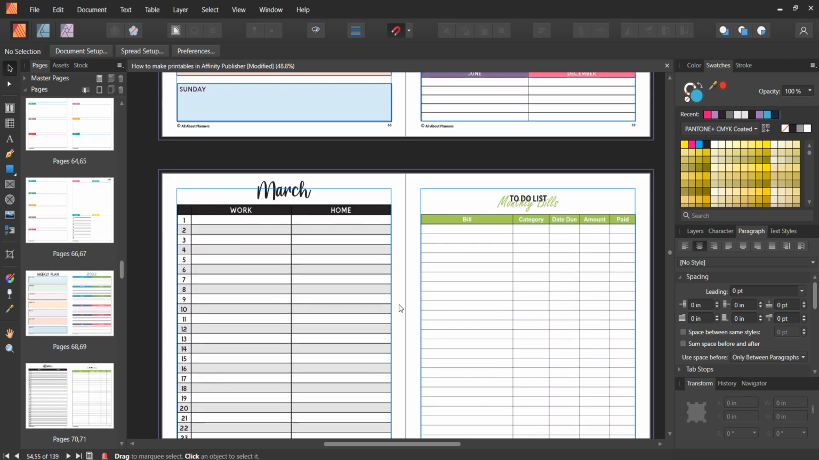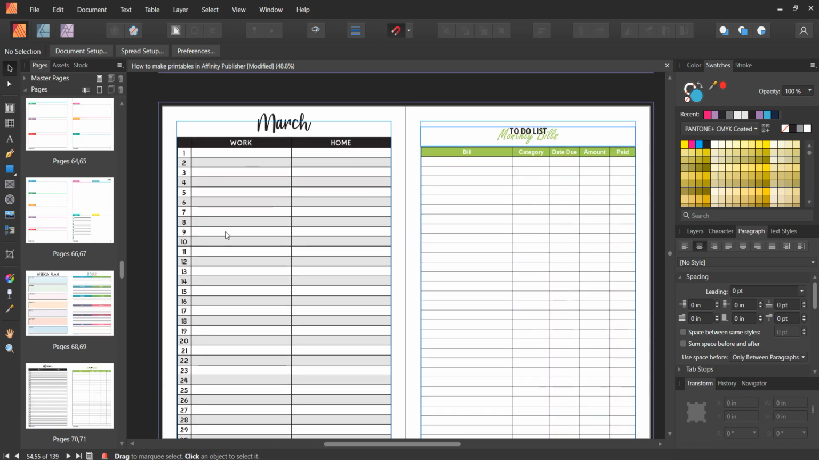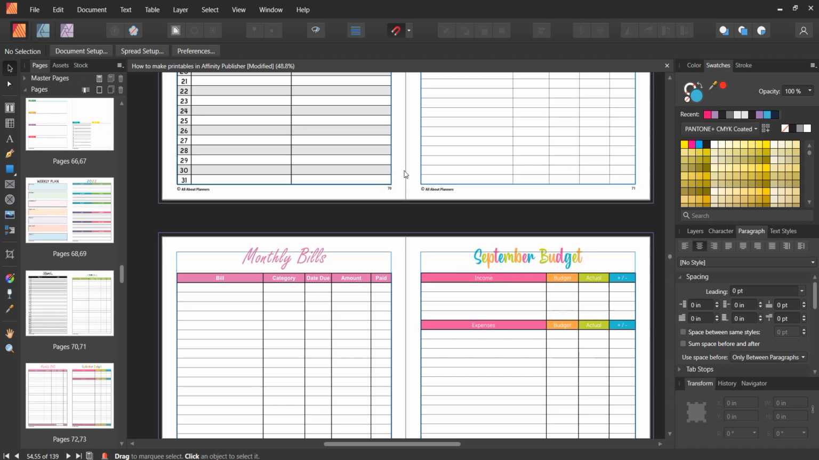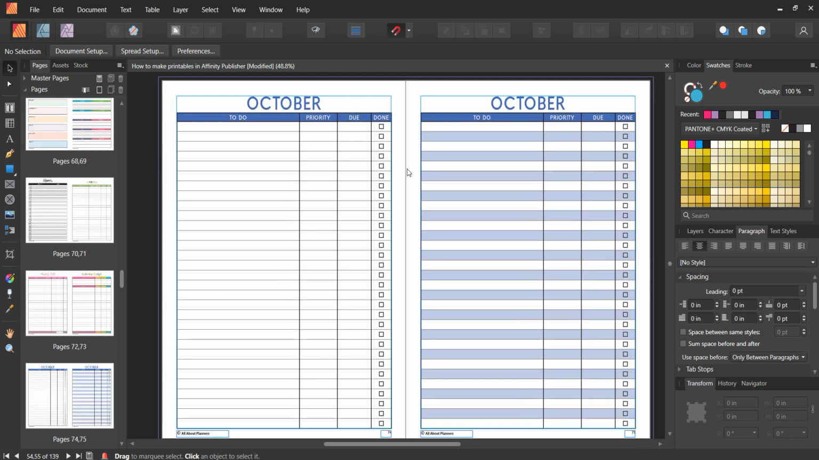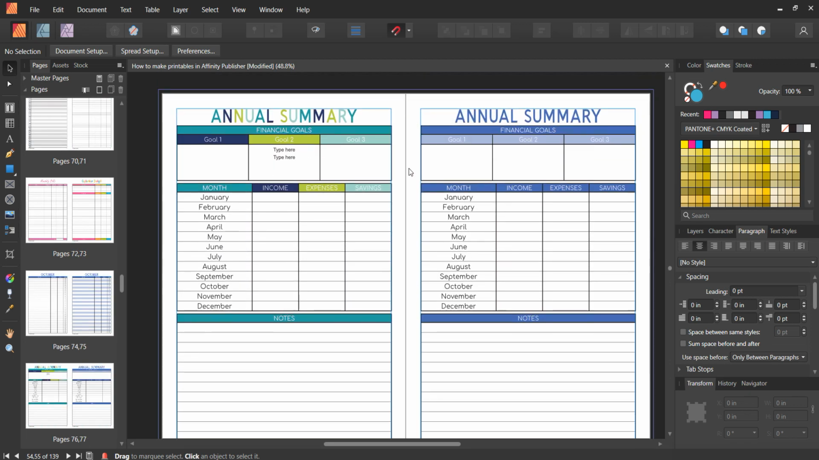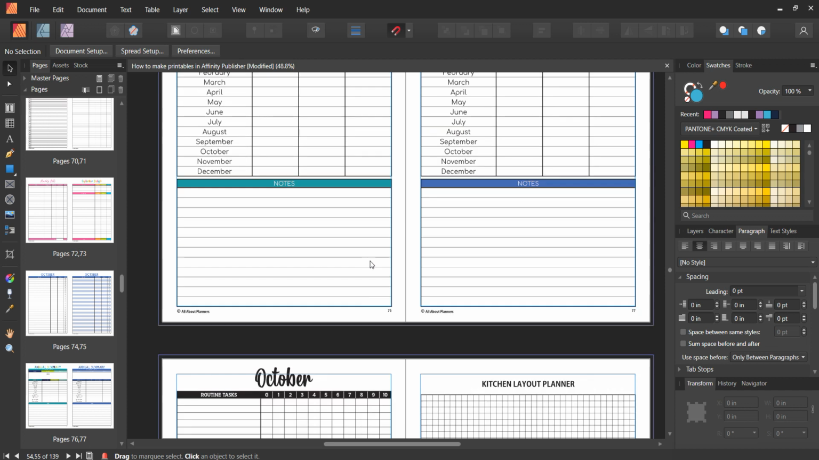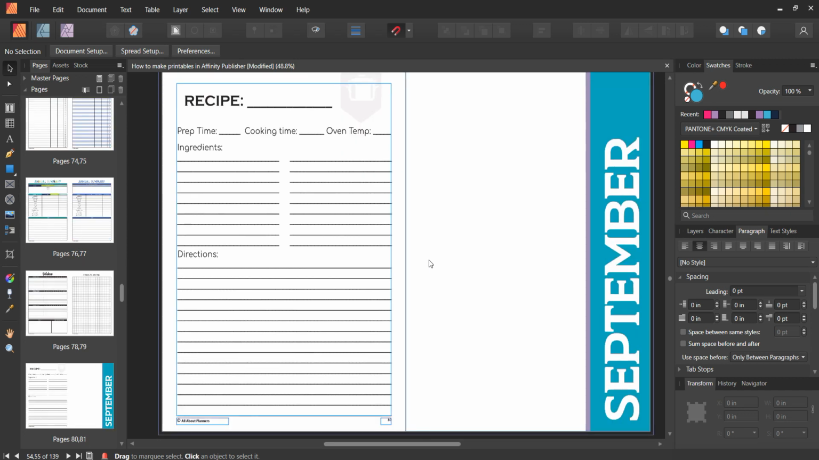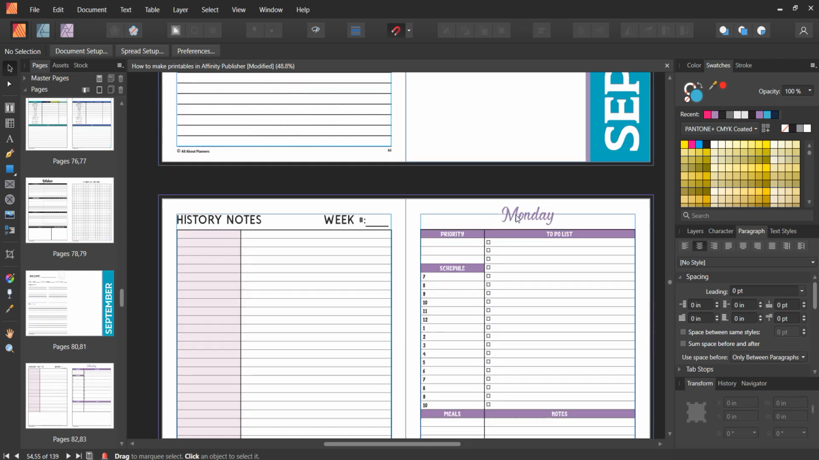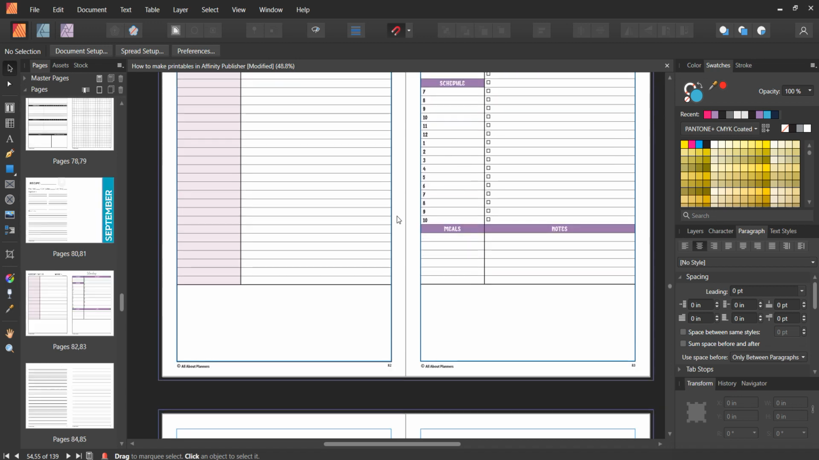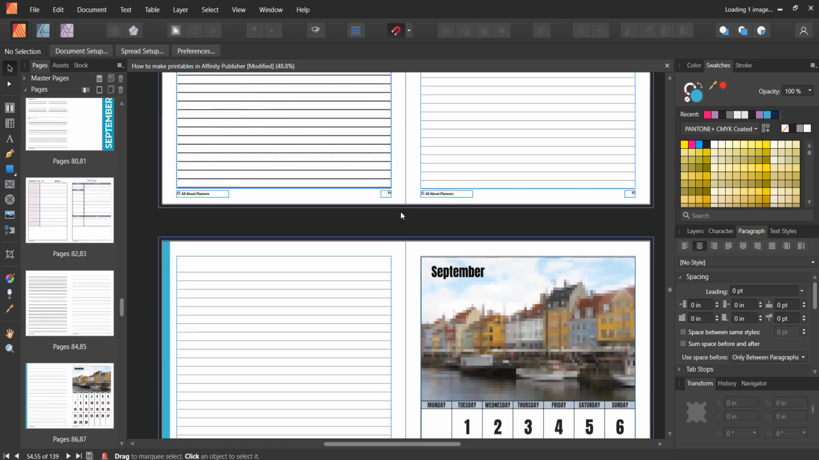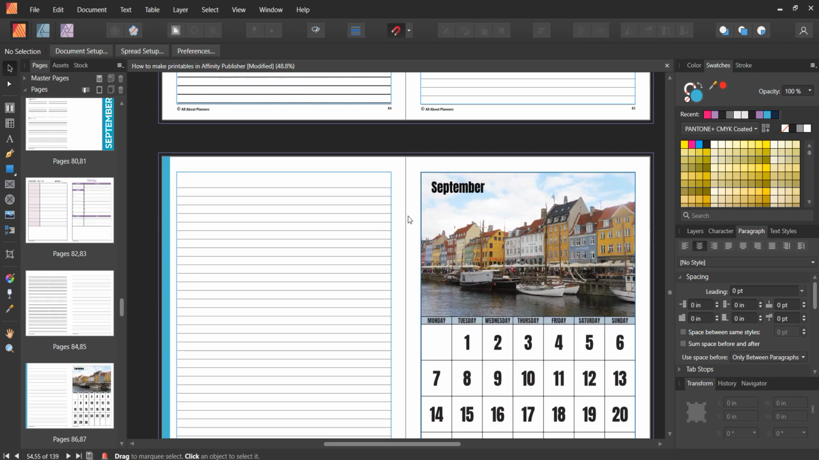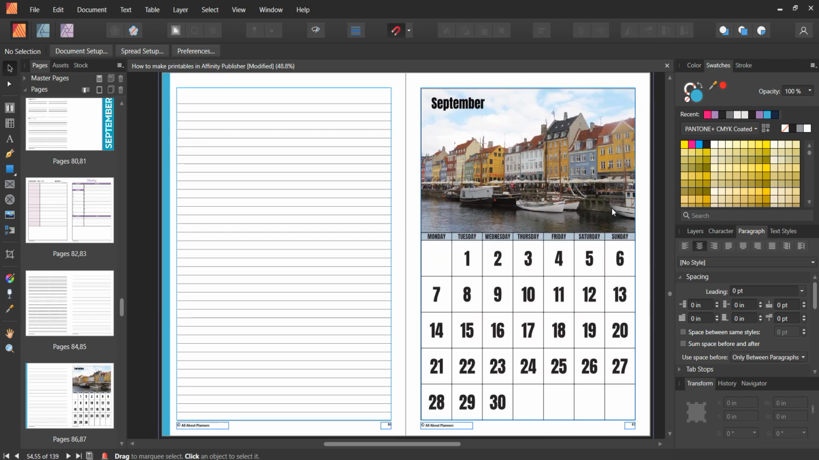So you can see some weeklies. You can do a portrait monthly. Got some bills, checklist, an annual summary. You can easily change the colors, so I just copied this design to the right page, changed the colors. You've got a whole new printable. You can do some graph paper, some recipe pages, some dividers for each month, Cornell notes, daily, lined, with different thicknesses for the lines. You can do a photo calendar if you want to put this on your fridge or